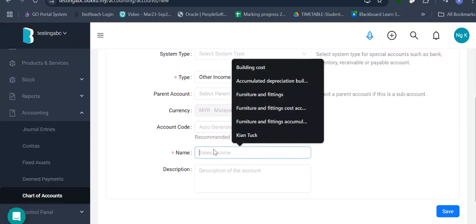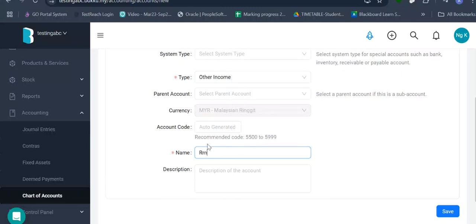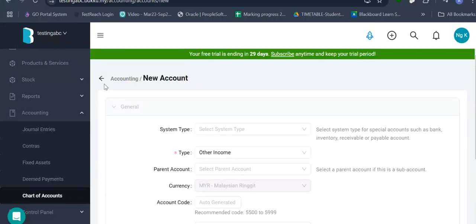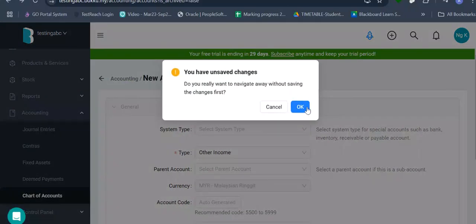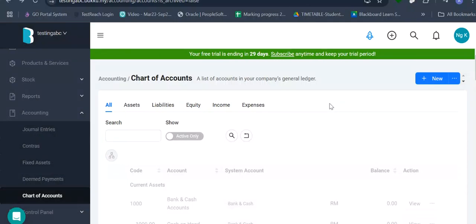Then put a name here, rental income. Description: this is a building at Jalan Ampang, for example. You put an address. With the software, they can actually hold a lot of very useful information. Paper and pen can do that also, but very troublesome, very tedious. Even with manpower, it may not be done perfectly. Yeah, I would say that.